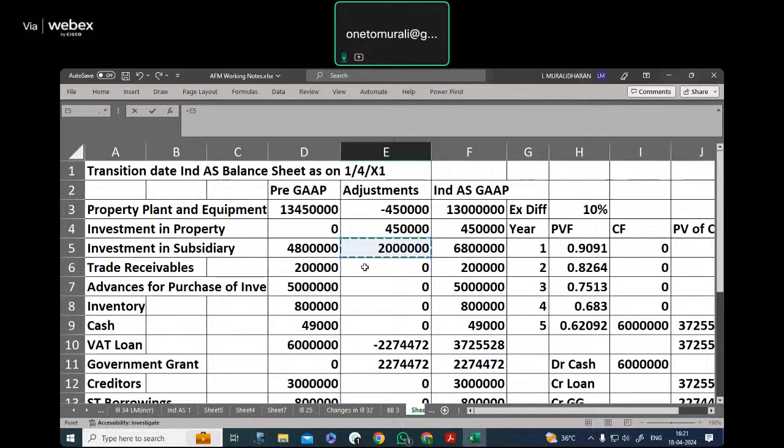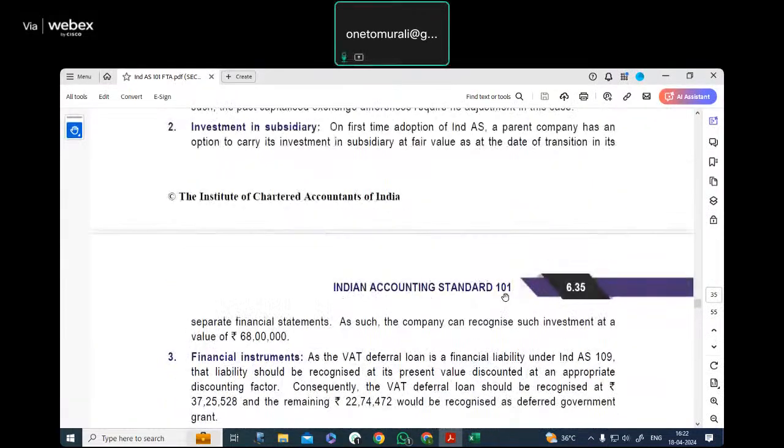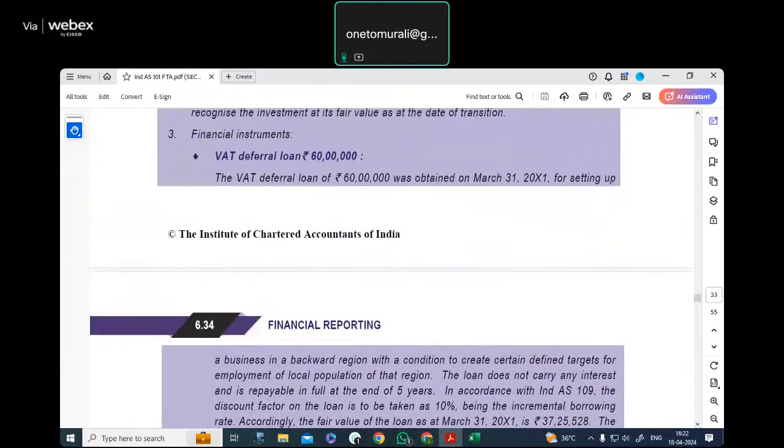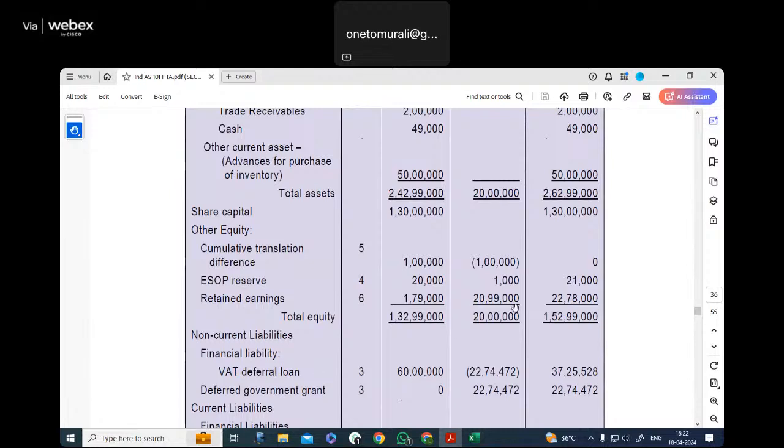Now I'll tell you what change that we have got to make. There is a fair value increase that you are having, 20 lakhs. Then minus of minus we have to take up. When it is minus in another place, it is going to be plus 1 lakh. Then minus 1,000. When it is plus in another place, it should be minus. So now let us just take up. This is going to be 22.78 we are having. Correct.